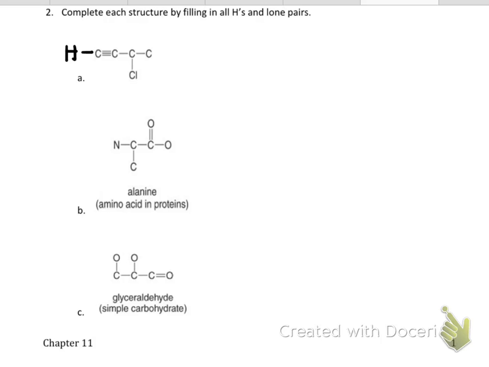Now the carbon to the right of that has 4 bonds already, so no hydrogens would be added. Now the next carbon has 1, 2, 3 bonds, and so I would need a hydrogen to make it 4. Finally, the carbon furthest to the right only has a single bond, and so we will add 3 hydrogens to it